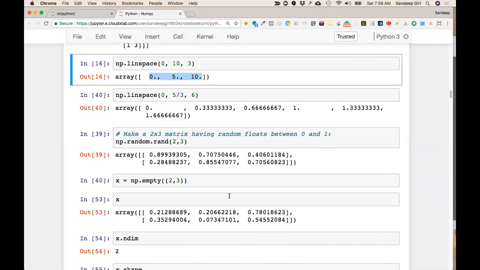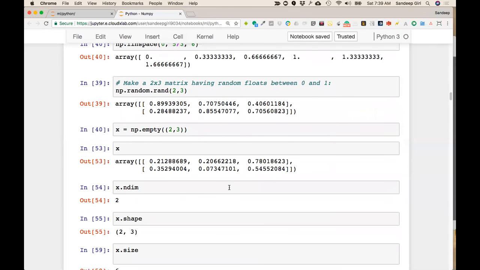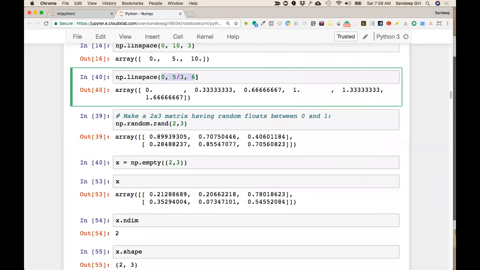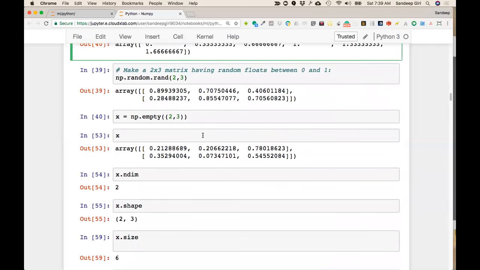Okay. In the same way, we can do linspace between decimal numbers. So here we are saying between 0 and 5 by 3, generate 6 numbers, including both extremes. Okay, so that's how it is. Now,